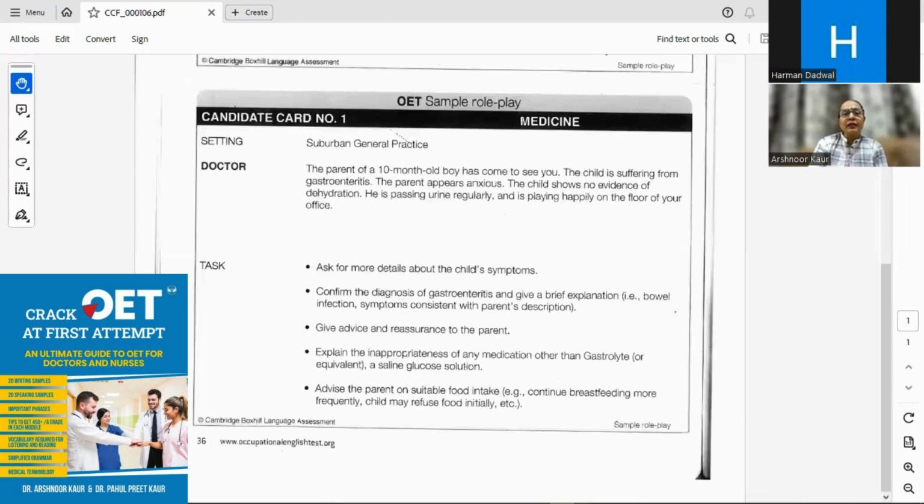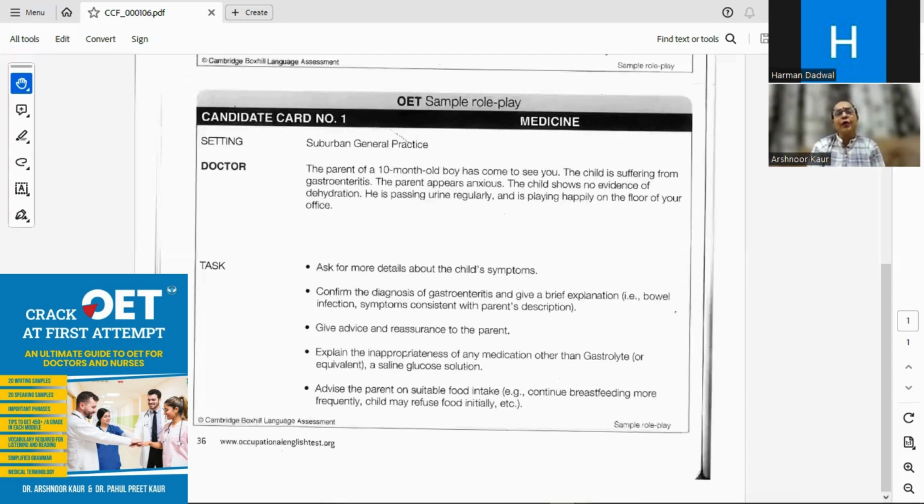After getting this information, there is one important thing which I left: ask the mother about her name. How would you like to be addressed? As it seems to be a young mother, you may call the mother by her name. Let the mother say, my name is Sophia. Then you have to say, Sophia, I can see that your child is not in a serious condition because he is playful and playing on the floor. And see, he's not even crying at this time. And I have examined your child, or you may pretend that you are examining the child.